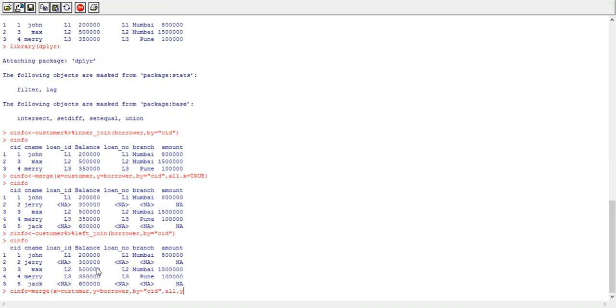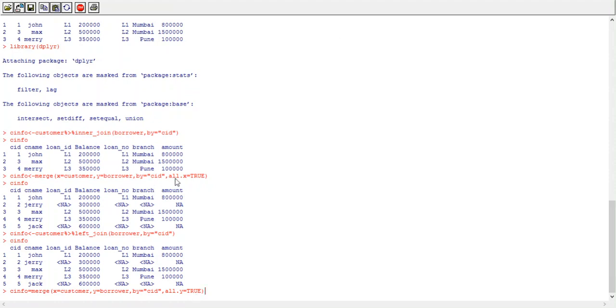Now we are performing right outer join, so we need to specify the name of the right or second data frame, that is y. So all.y equals TRUE, that is we want to display all data from the y data frame and only matching data from the x data frame.